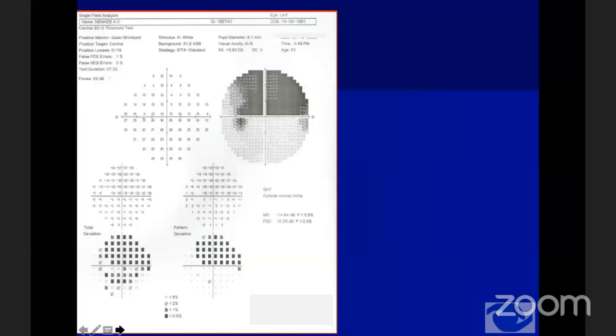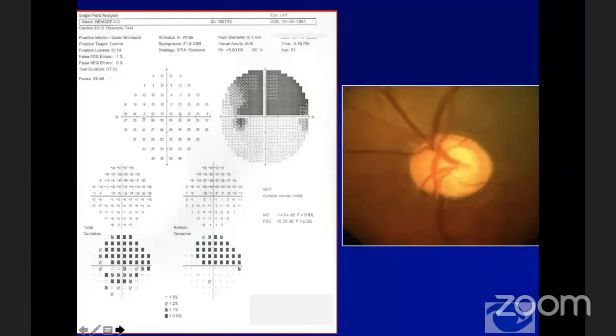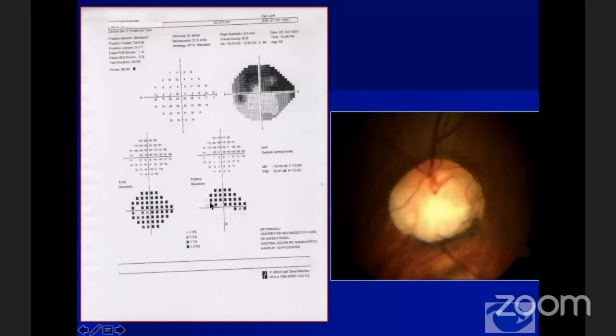Altitudinal field defects typically are related to ischemic neuropathies, basically non-arteritic AION. So very rarely they can come along with glaucoma, as is the case here. This again is a superior arcuate scotoma that you are looking at, moderate to advanced disease. At first glance it is even correlating with your optic nerve head findings if you are doing it with an undilated pupil or you don't pay attention to the stereoscopic evaluation that you should do properly. Just going by the perimetry printout, you can see in the raw data values that the defects are very deep, less than 0 decibel sensitivity at quite a few points.